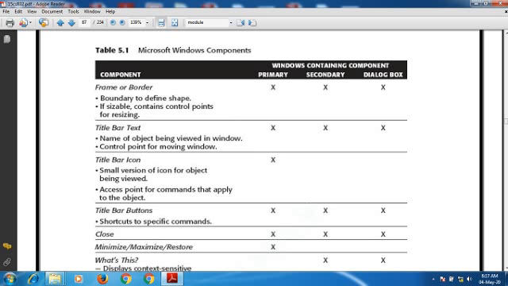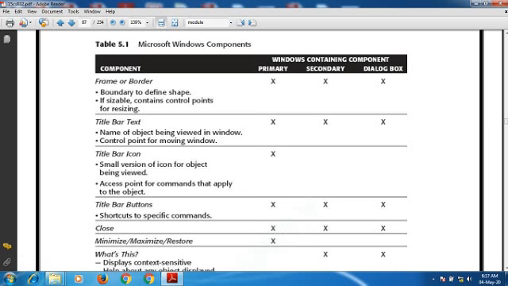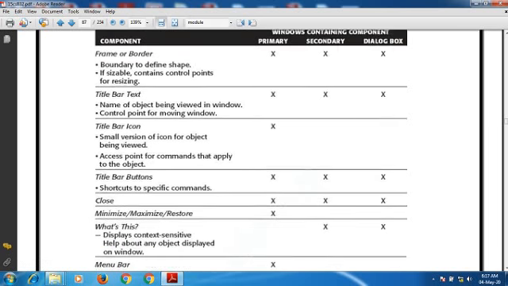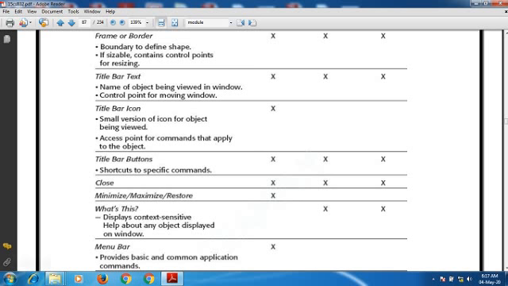The title bar icon we need for a primary window only. It is a small version of the icon for an object that is being viewed. That is the access point for commands that are applied to that object also. The title bar buttons we need for all three types of windows. The close button we need for each and every window type.